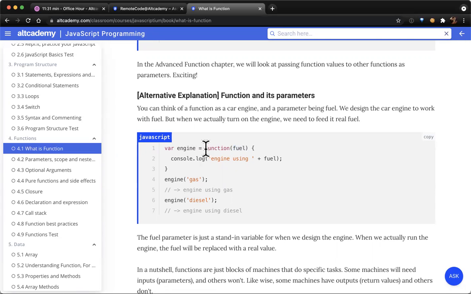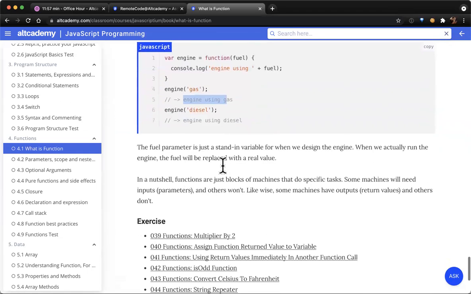For example, this one is supposed to tell you what fuel the engine is using, so we name the input fuel. It will print engine using the input fuel into the console. So when we do engine gas, it will print out engine using gas, and here engine using diesel.